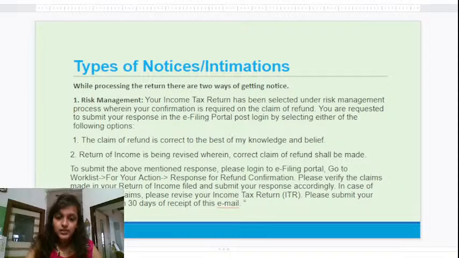You can request your employer, or any person who is deducting the TDS on your income, to deposit the amount with the government treasury and then file TDS returns in due time. The second thing you can do is always reconcile the actual TDS deducted from your total income with your tax credit statement, which is Form 26AS. Report it if you find any kind of discrepancy.